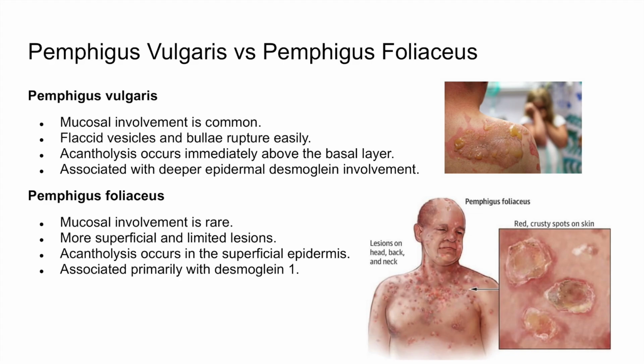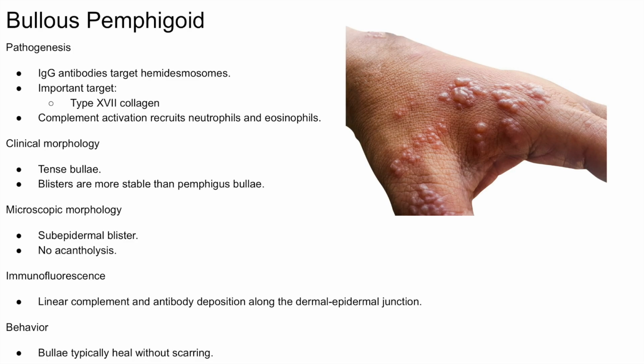So because mucosal epithelium contains enough desmoglein 3 to maintain adhesion, mucosal disease is uncommon in foliaceus. Clinically, vulgaris causes painful oral erosions and fragile skin bullae, whereas foliaceus more often produces superficial crusting and scaling without significant oral lesions. All right, so bullous pemphigoid is usually seen in older adults and is caused by IgG autoantibodies